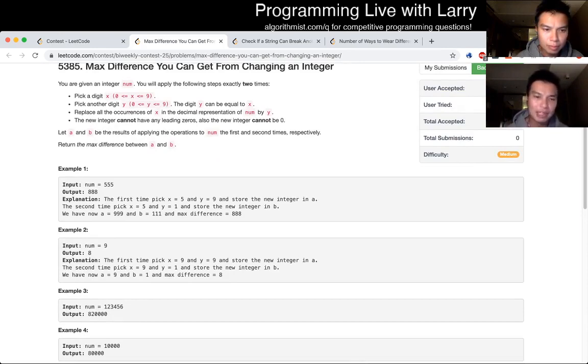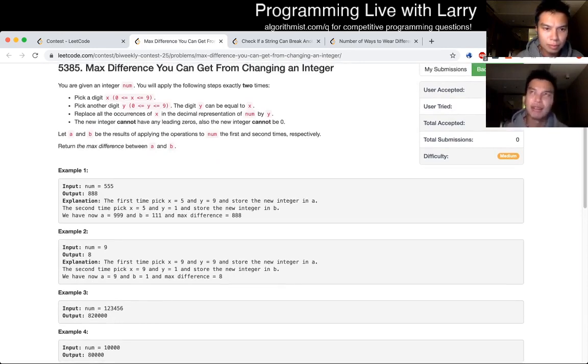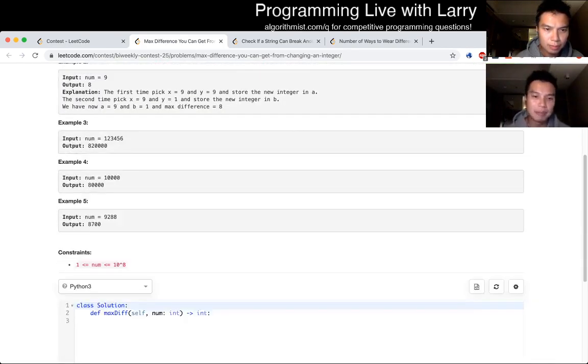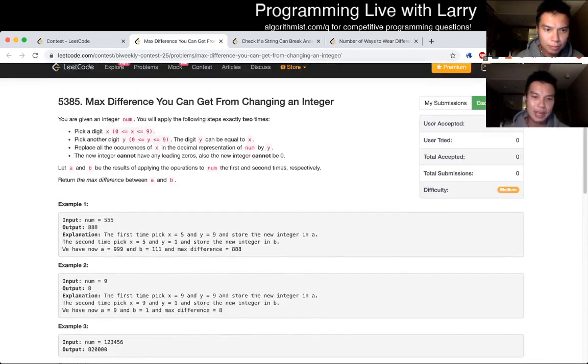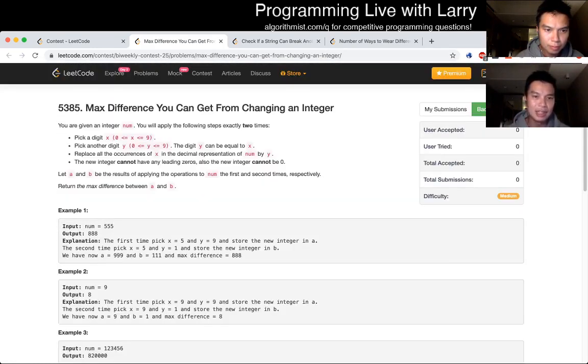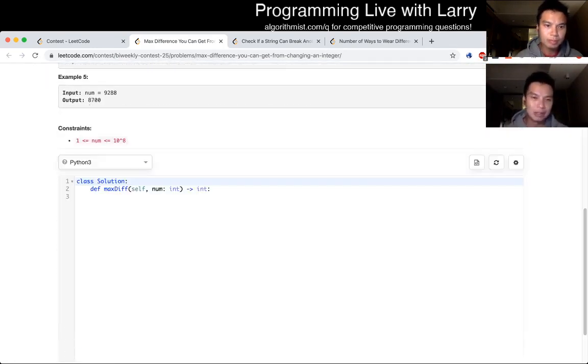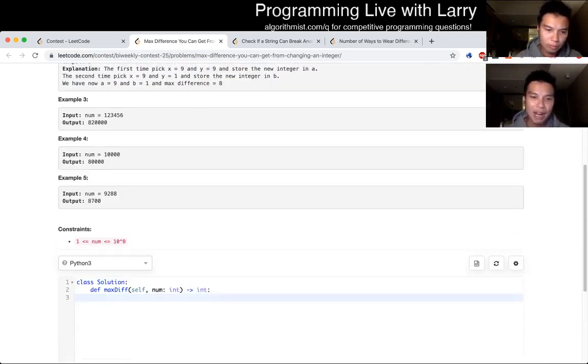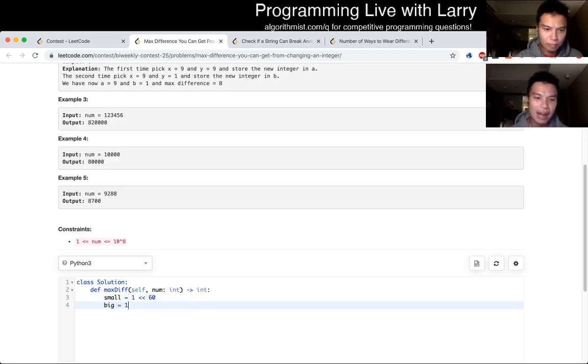you could replace one digit, or yeah, all instances of one number with another number. But because of that, you can notice that there are only 100 possibilities from changing from x to y because there's only 10 digits for x and 10 digits for y. So I was like, okay, let's get it out. And we could even do that at the same time, which is getting the smallest possible number and the biggest possible number. I use 1 or 2 to the 60 as an infinite case